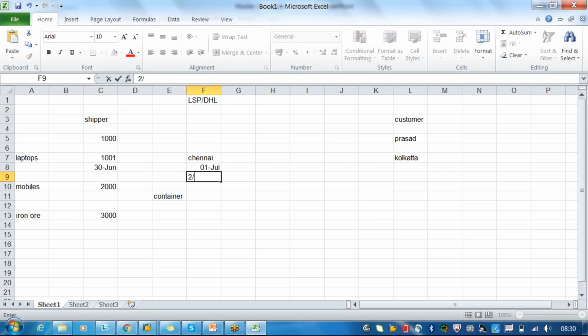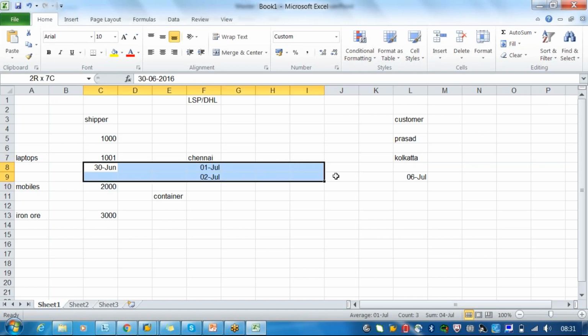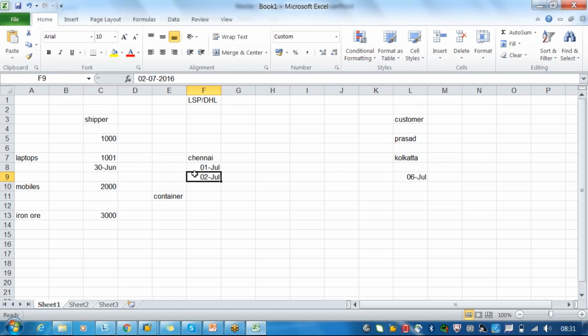On 2nd July, we are planning for the goods using the transportation mode ocean, and it should reach here on 6th July. So this is what we have planned during the transactions. But now there is a problem here: on 30th June it started, and there is a breakdown in your transportation mode. So we have to think at what time it should reach Chennai. Initially we planned this date, this is the scheduling, or this is your planning. But now because of the delay in the material reaching the destination location, let's say it will reach here on 3rd.